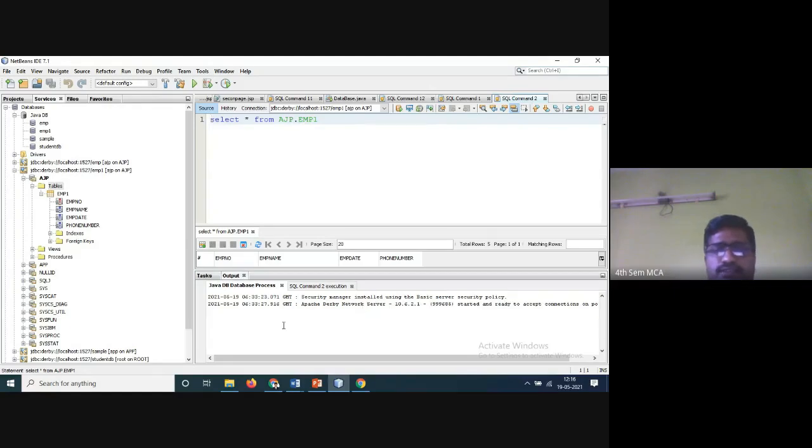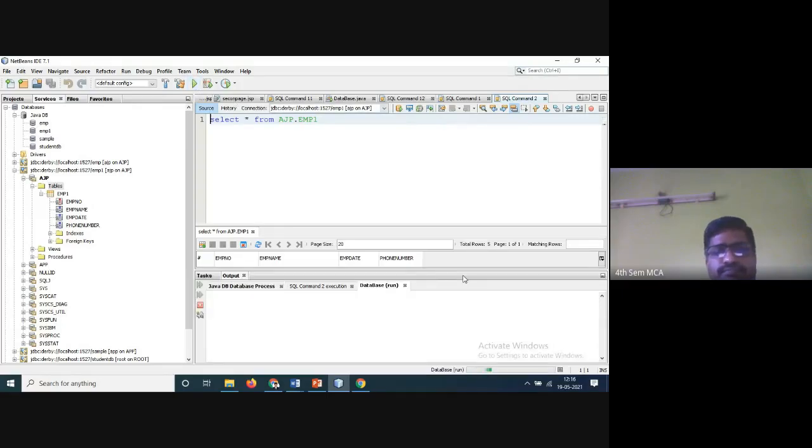Yes. So there are no errors. Even you can see here. Can you see the numbers here? So 1, 2, 3, 4, 5 numbers, and Sudarshanam's number. I might have deleted the phone number, I don't know.